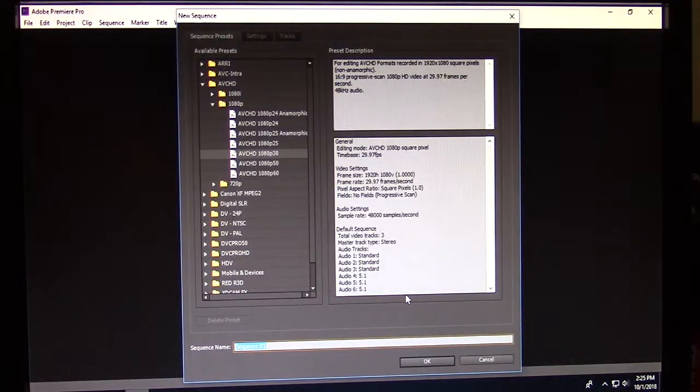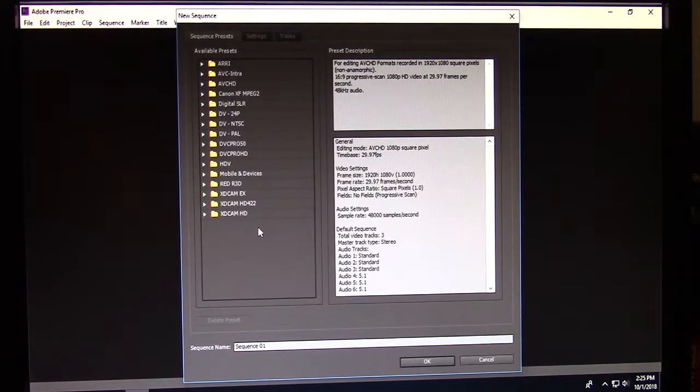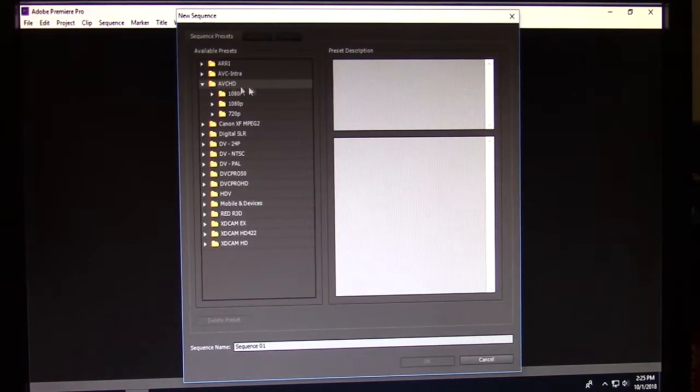So we'll hit OK. You and your group will select, let me bring this back to what it usually is. You want to select AVCHD. We're going to double click that. And then there's 1080i, there's 1080p, and there's 720p. You guys are filming in 1080p, which is the highest quality that is available in this area. Well, there's 4K, but we don't have 4K yet. So you want to double click on 1080p,